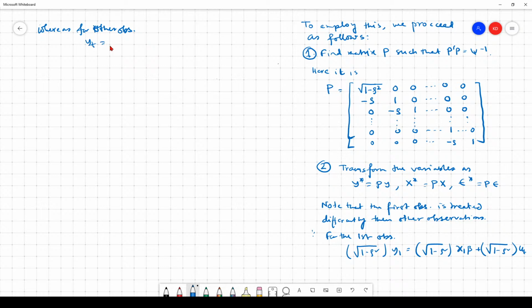yt equal to rho yt minus 1, t equal to 2, 3, up to n, and this can be written as xt minus rho xt minus 1 prime beta plus ut minus rho ut minus 1,